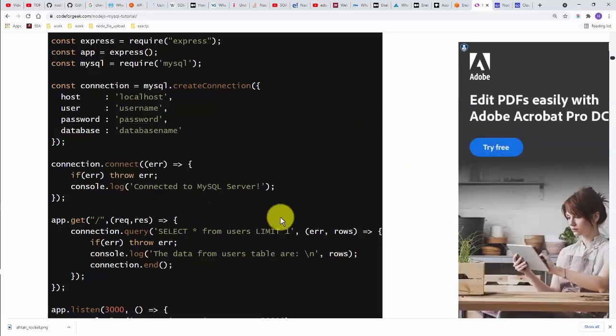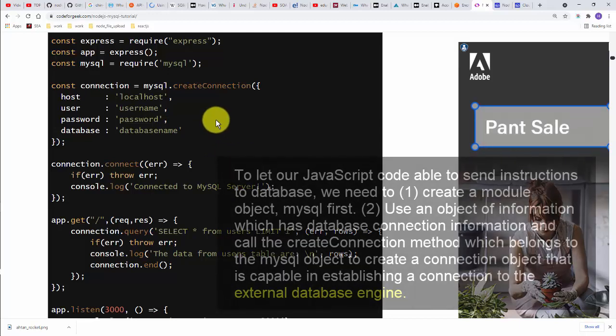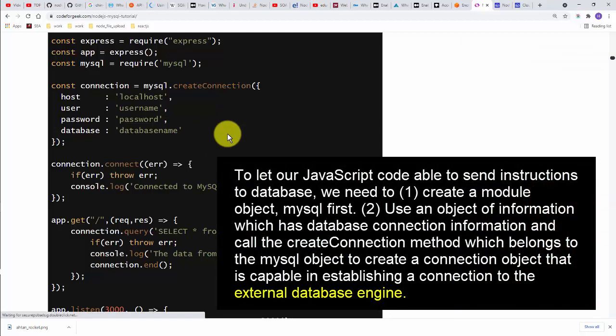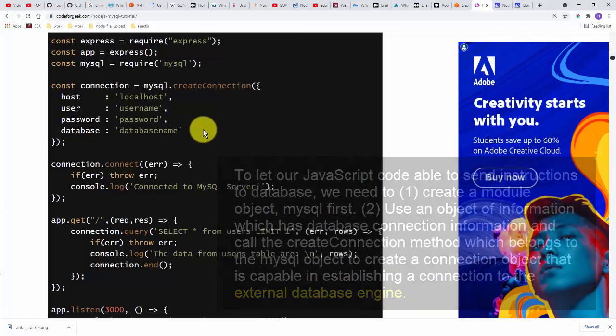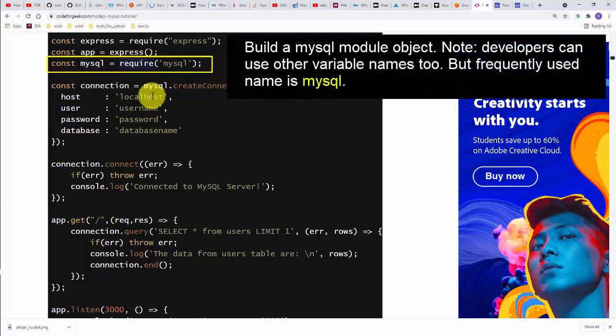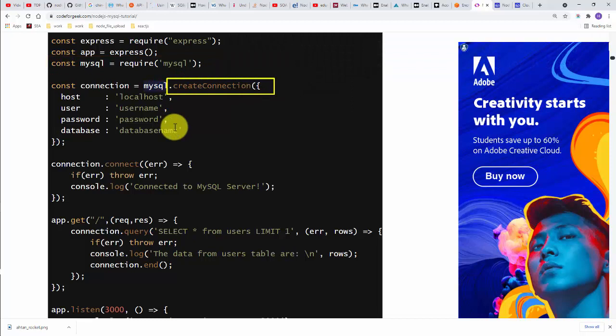Let's take a look at all this code here. In order for us to have our JavaScript commands establish communication with an external database, we will need this kind of statement. We usually need to apply the require function in order to build a MySQL module object. Then we can use this MySQL module object by calling the respective methods, such as createConnection, with the necessary